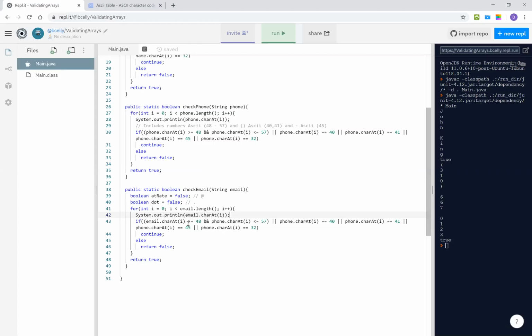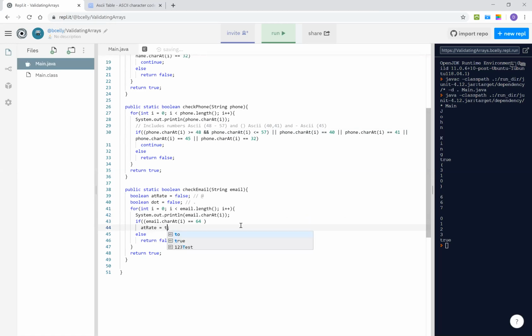The value needs to be 64 for at the rate to be true. So I have to go through all of them and check for at the rate. So 64, that means at rate